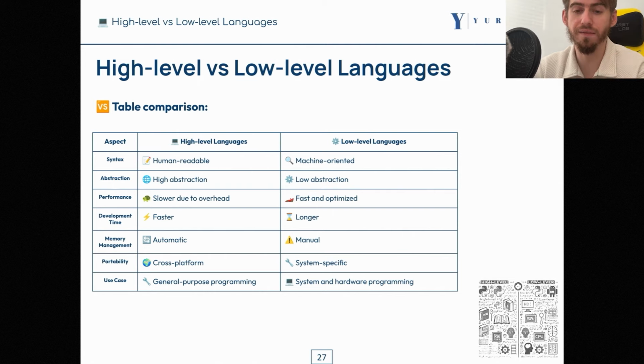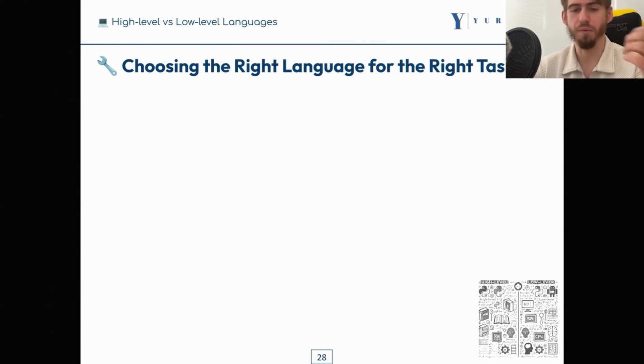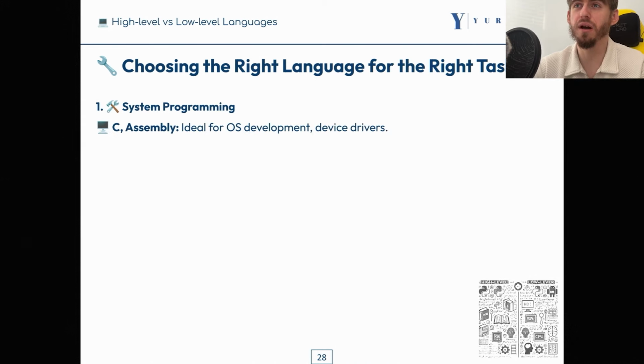So now let's have a look at what we can use our languages for. I'm going to show you 8 examples of what we can use the languages for. Again, in case we are talking about system programming, such as different drivers and different system software, such as OS development and utilities, we would use some C-based language or assembly language that allows us to work with